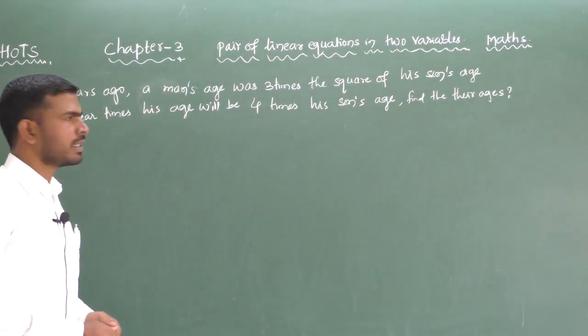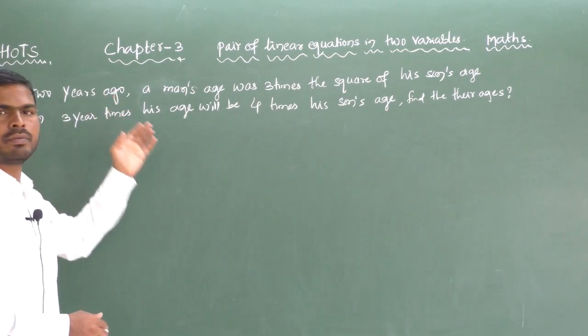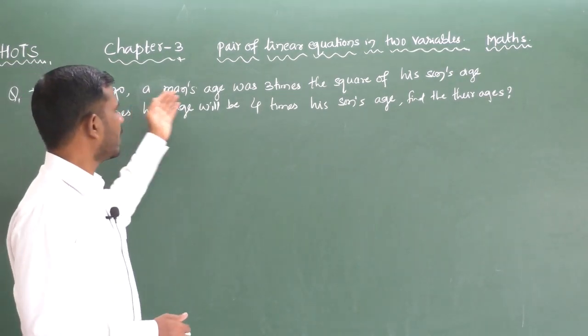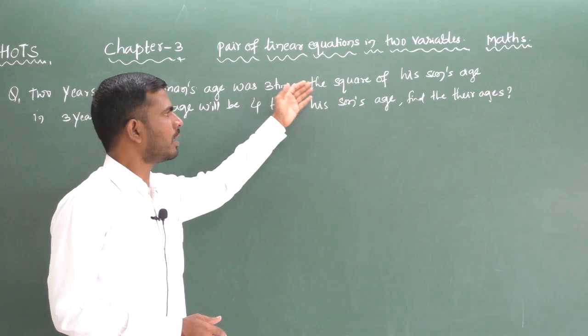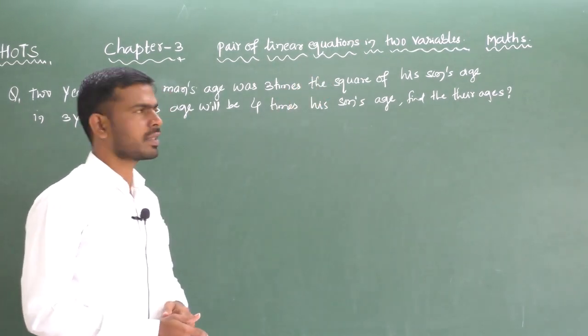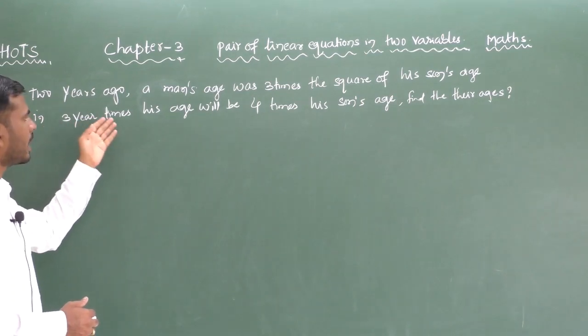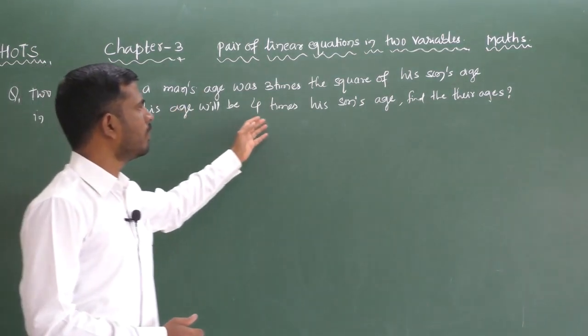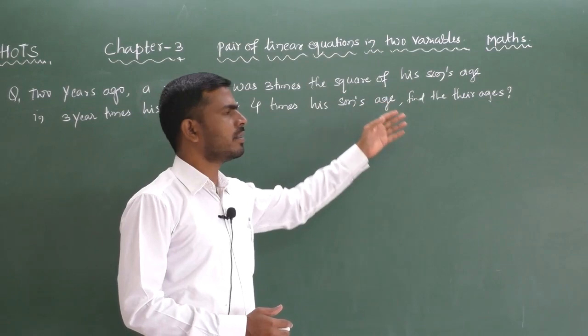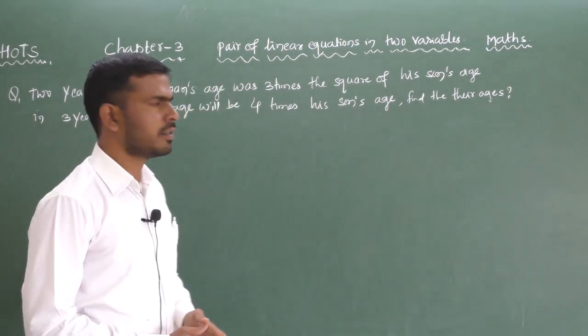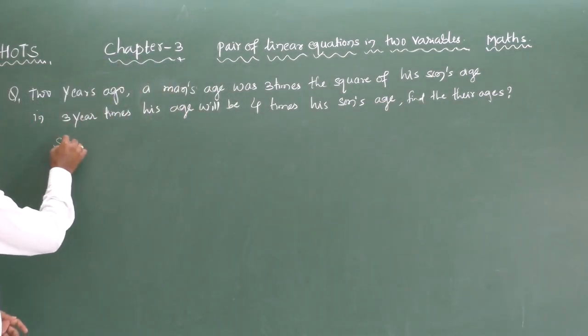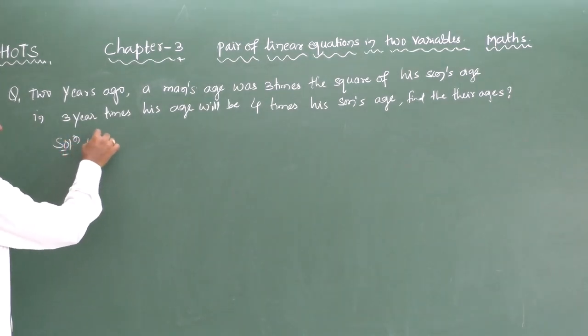The first condition is given here: 2 years ago, before 2 years, the man's age was 3 times the square of his son's age. Next is given: in 3 years' time, his age will be 4 times his son's age. Find their ages. So here, first step,